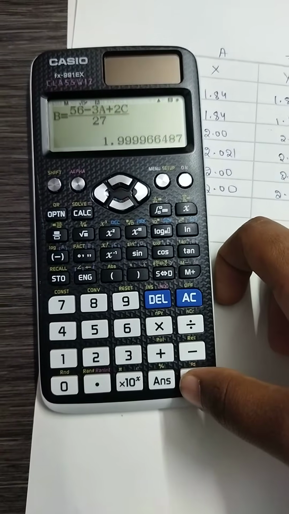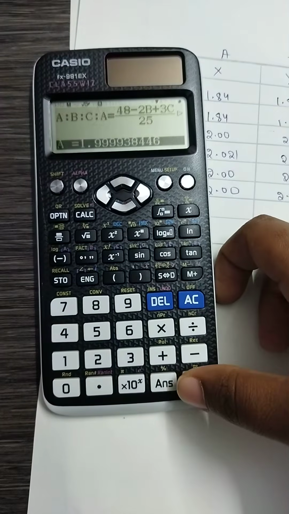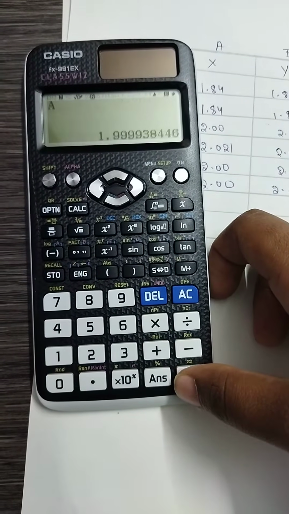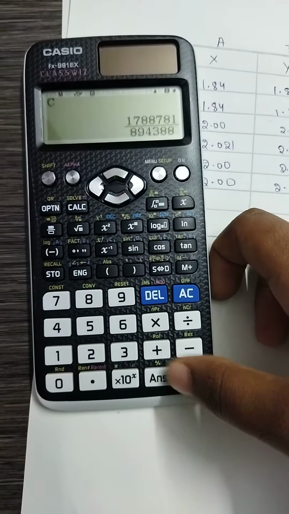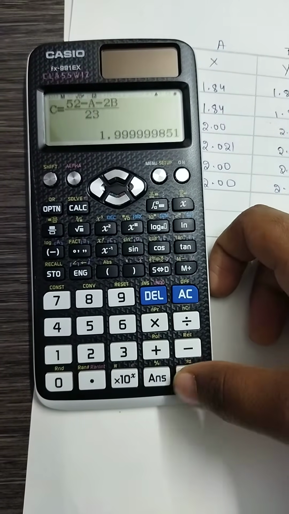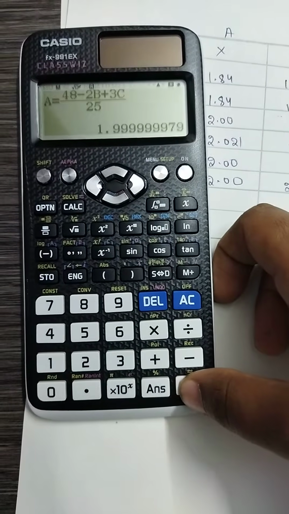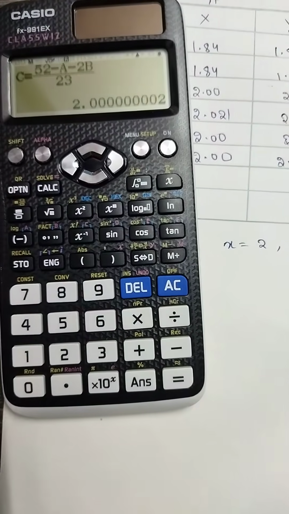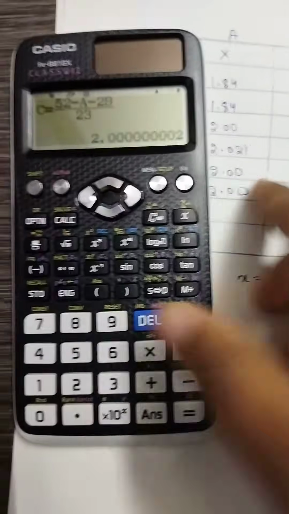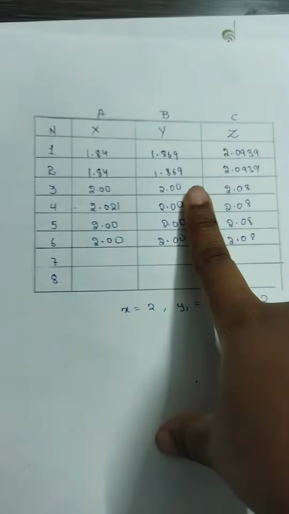Again a is this, b. If you want, you do this. Equals to the value taken. You press this, you get this. Same like this, if you press equals to, you're going to get a number of solutions. Just note down. After pressing equals to, you just note down the values in this form, like x, y, z. Again second time x, y, z.